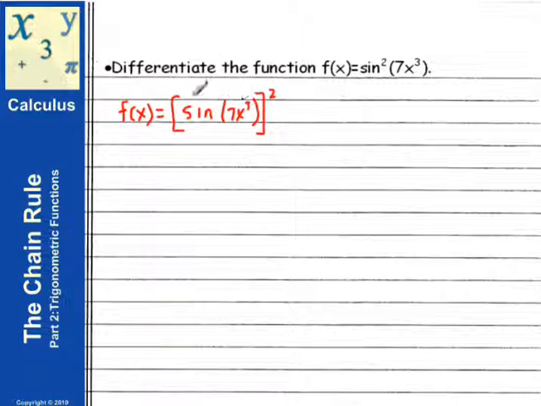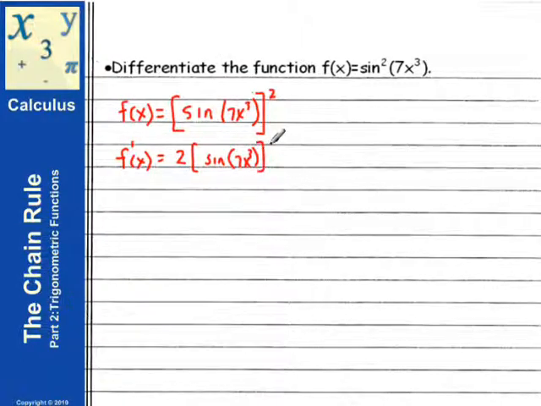So we are going to use the general power rule once again, where the expression to the power is this sine expression. So to calculate the derivative using the general power rule, we'll bring our exponent 2 down, and we'll say then times the sine of 7x cubed